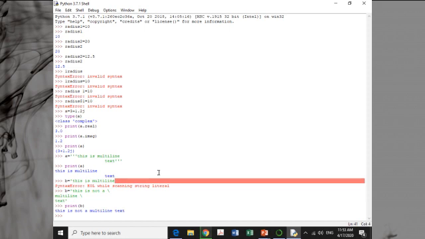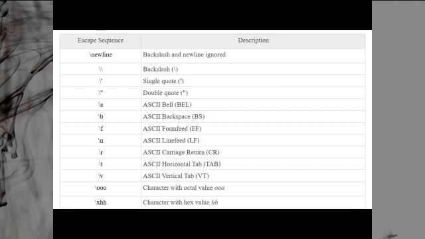Why is it printed in one single line? Because when you put a backslash and then the enter key, it changes the line, but it ignores both the characters. Ignoring both means neither the backslash is treated as part of the text nor the enter key is treated as part of the text. So though you are writing into multiple lines, it will not be multi-line, it will be single line.